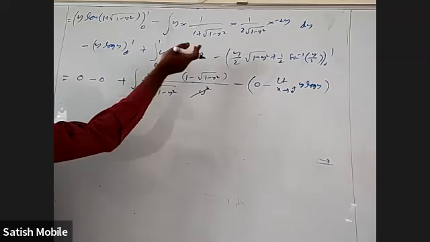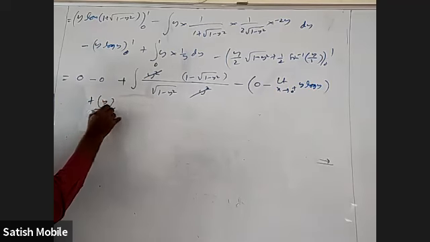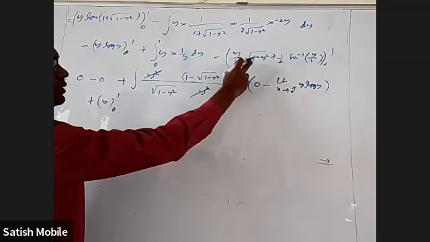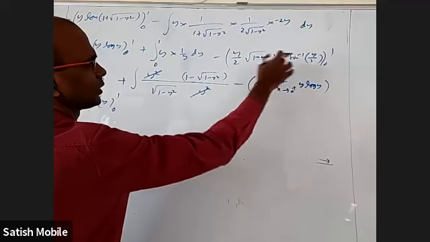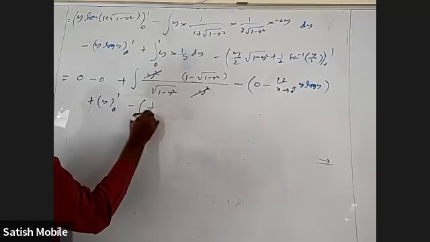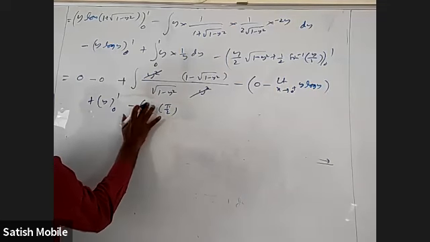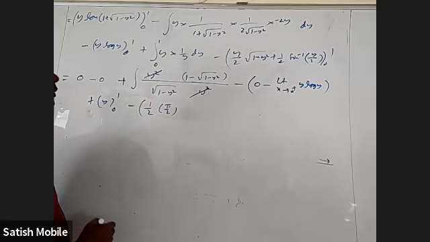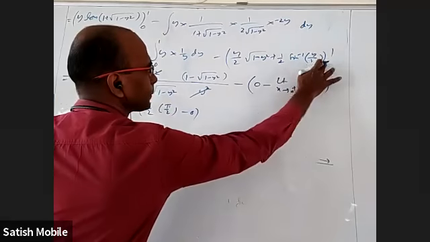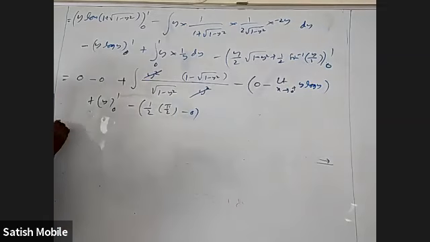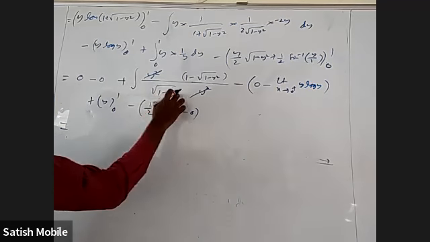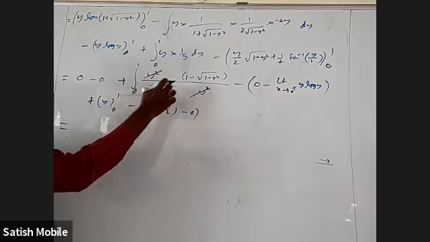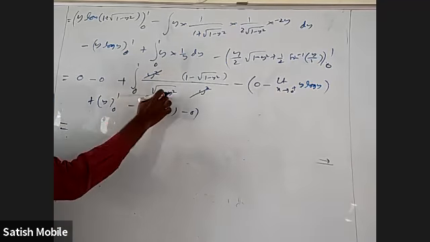This is y and y cancel. The integral is y with limits 0 to 1. This part, when I put 1, this is 0. When I put 0, this is 0, gone. That part will be minus, when I put 1, 1 by 2 into pi by 2. And when I put 0, it is 0. Okay, so this is 0, gone, and here limits are 0 to 1 of 1 by root 1 minus y square. The integral is sine inverse y. This by this is 1. The integral is y, with the limits 0 to 1.